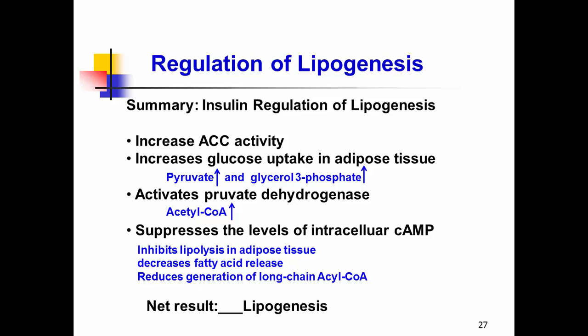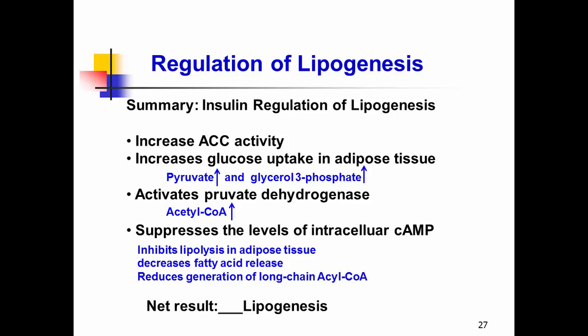Is that clear? Maybe for insulin, how insulin regulates lipogenesis. First of all, it directly stimulates ACC, and indirectly increases glucose uptake, increases pyruvate levels, which is the precursor, right? And glycerol 3-phosphate, and increases pyruvate dehydrogenase. And here may be a little bit tricky, but you can see that because insulin suppresses lipolysis, right? Lipolysis means that you have less fatty acids released, so you have a lower long chain acyl-CoA